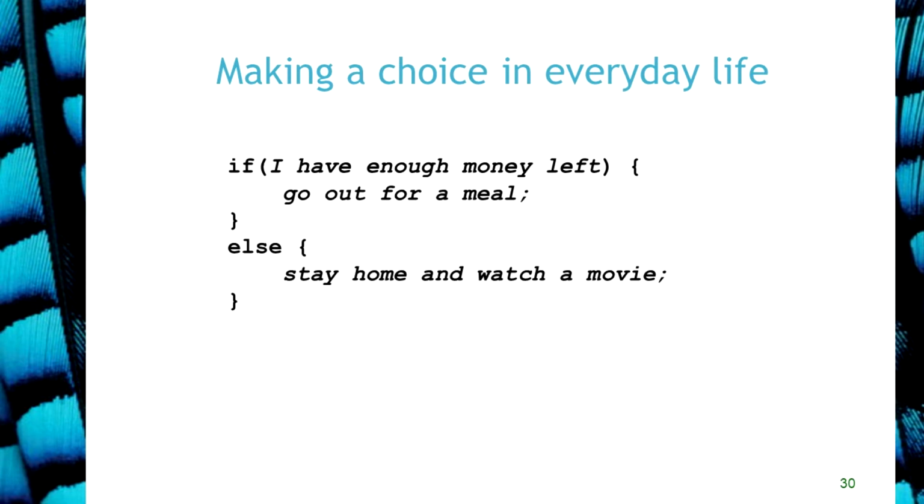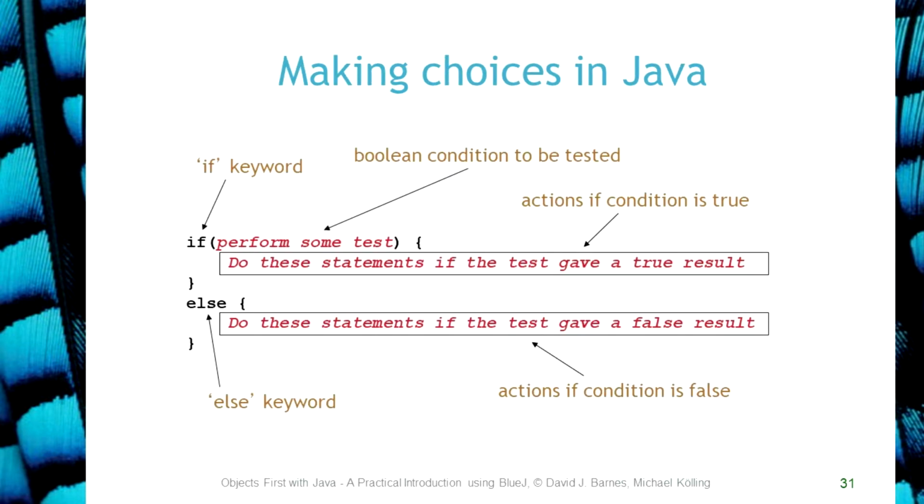Certain parts of this pseudocode are proper bits of Java, and those will appear in almost all conditional statements: the keywords if and else, the round brackets around the test, and the curly brackets marking the two blocks. The other three italicized parts will be fleshed out differently for each particular situation being coded. Only one of the two blocks of statements following the test will ever be performed, following the evaluation of the